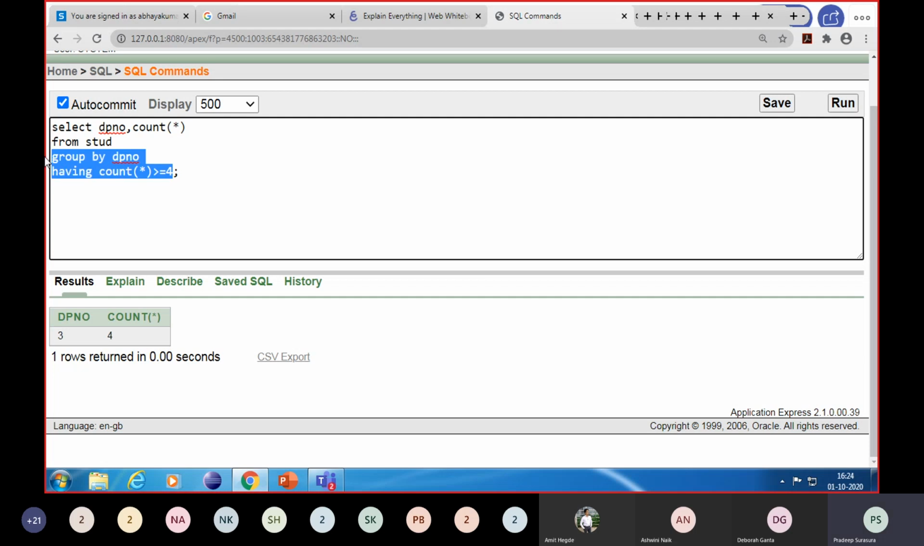So I will show how nested queries work. Select name of the student, comma, name, and rename we'll try to play on, or let me take name from, where dpno in, trying to use some operators. So select dno from dept where dname is equal to